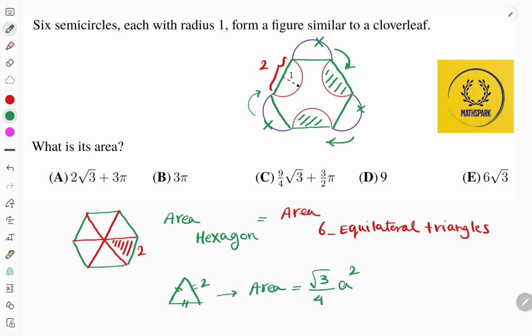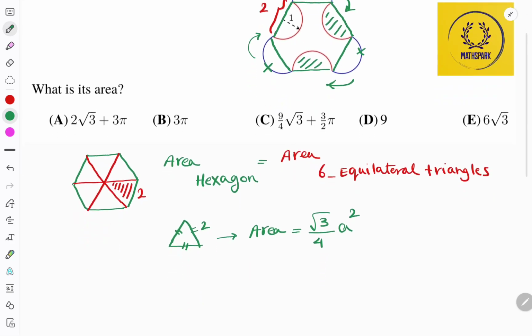So we just need to substitute 2 into this equation. Radical 3 over 4 a squared, which is 4. So 2 squared is 4. You can simplify by 4. So you will have radical 3, the area of one of these